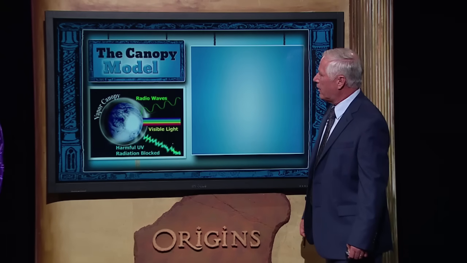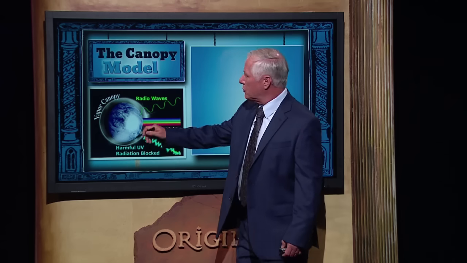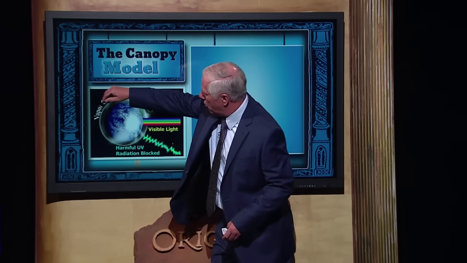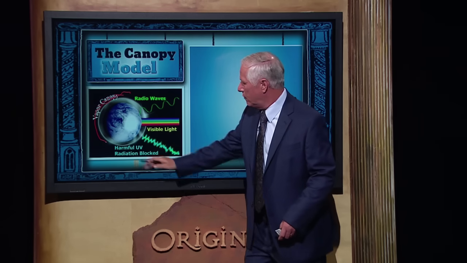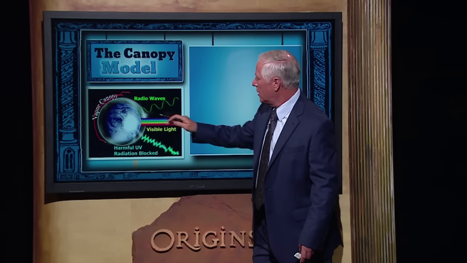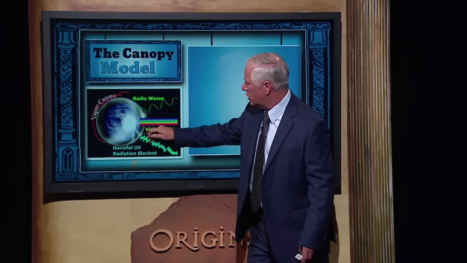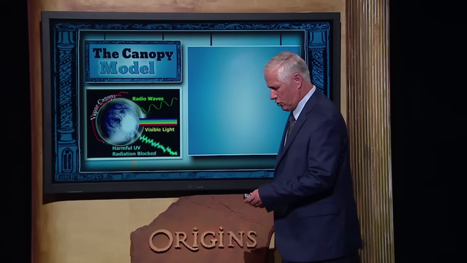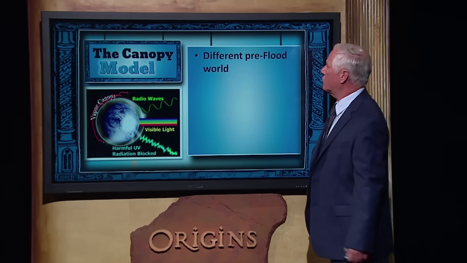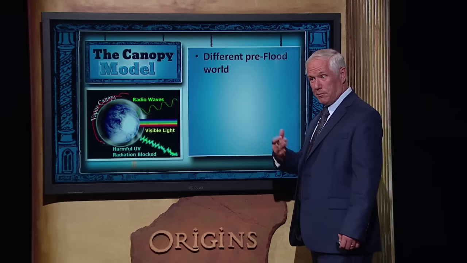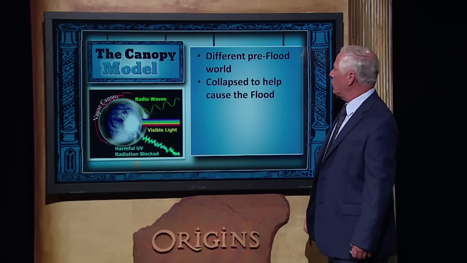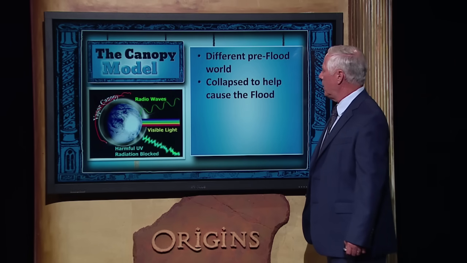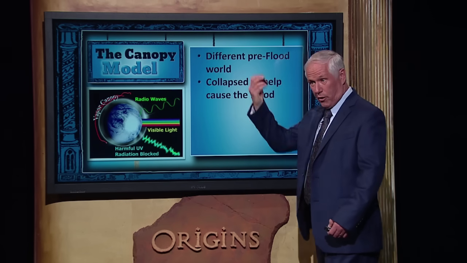And the belief there, the canopy model, was that there was water. Remember, the water's above the expanse. There was water out here above the Earth, and that supposedly protected us from harmful UV radiation. Radio waves could pass through, and some visible light could come through, but harmful UV radiation didn't. That would protect us from bad things, which is why people lived for 900 years before the flood. And the idea was that it collapsed at the time of the flood to produce the waters from